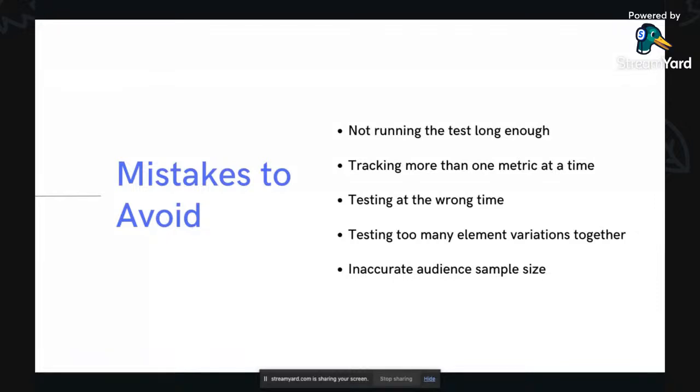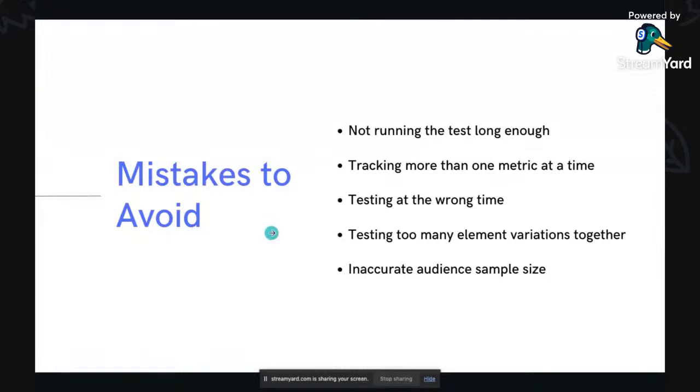Or it could also be that the holiday season means less data for you. For example, if you're an education related website, that's just a vague example, but that could be an example for less data in the holiday season. And so testing at the wrong time is also a thing to keep in mind. Also,